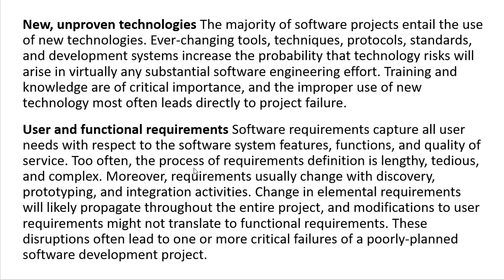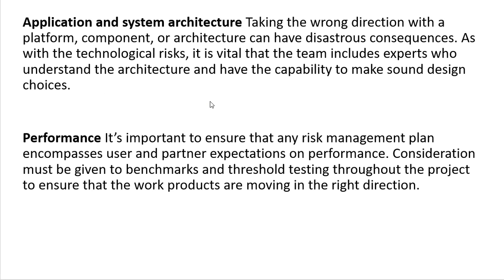Those risks can be considered as functional requirements risk. The application and system architecture risks will be the risks that exist in the system architectures, and those risks can crash the whole system or can stop the software